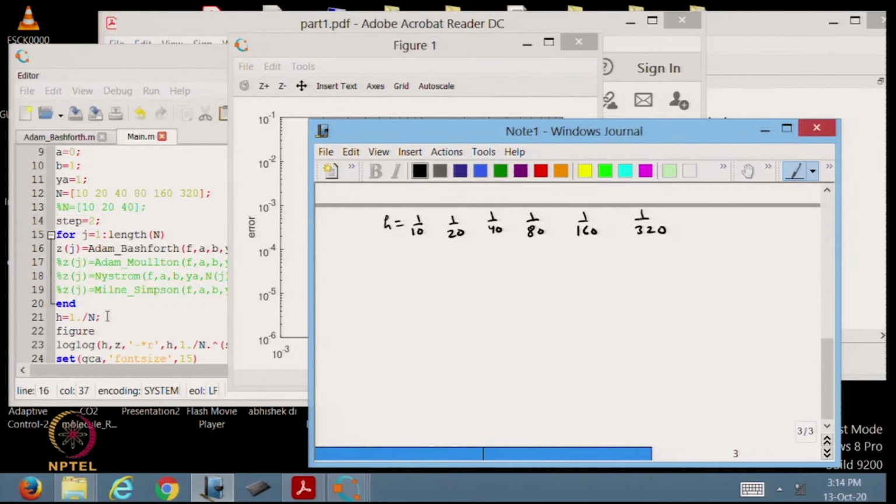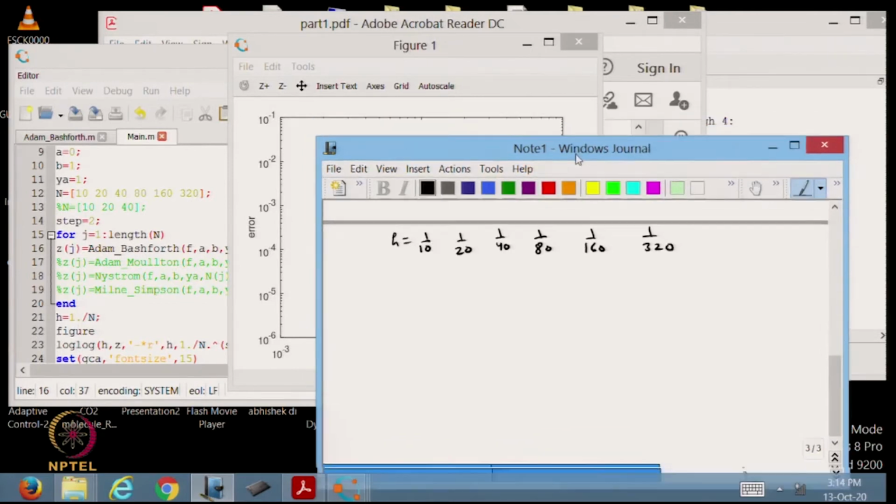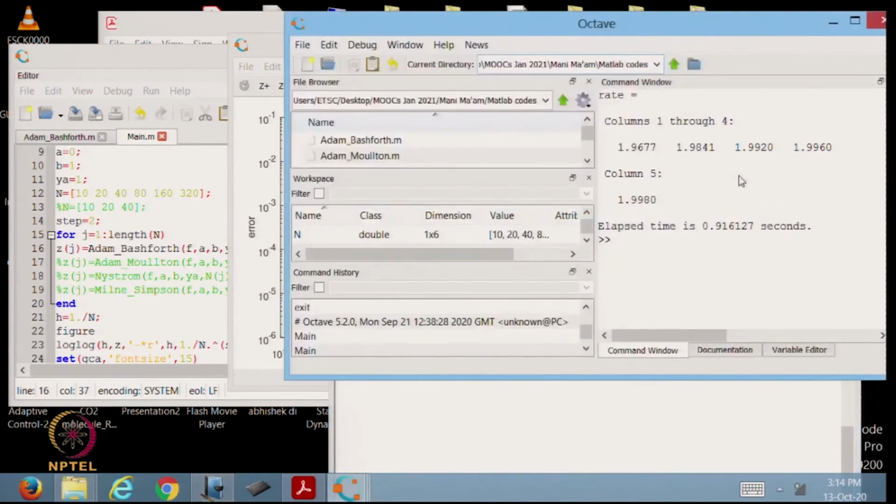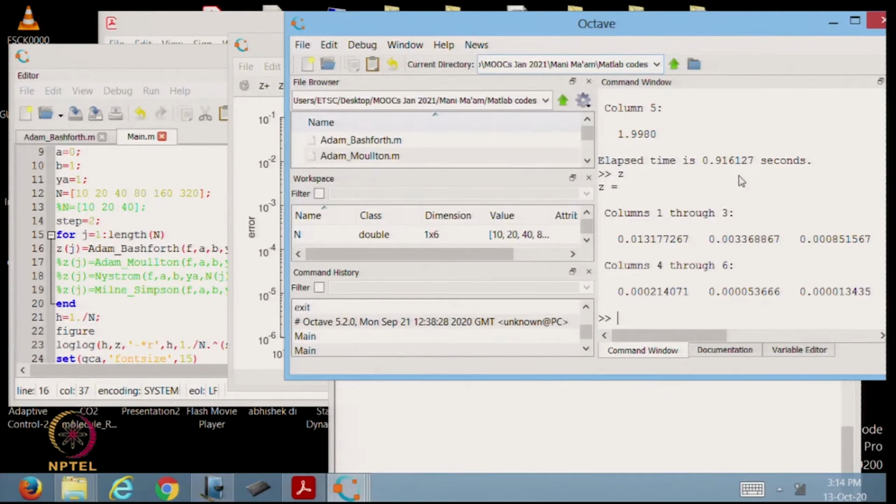Correspondingly, h is basically 1 by n, which we can observe from the program. What will be the error, which you can also see from here after typing z. You can see how much accuracy we could achieve by increasing n or decreasing h.